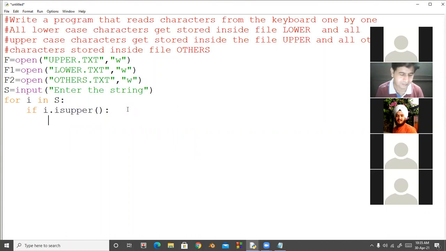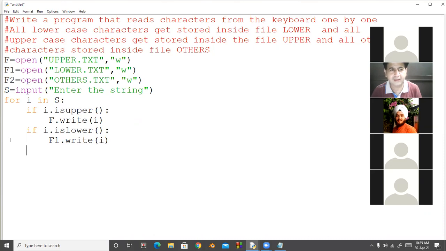Look at here, f dot write, what I want to write, I. elif if I dot islower, in that case I will write in f1 dot write, and what I want to write, I. And any other character, so I am using here else, f2 dot write.